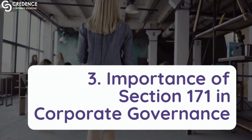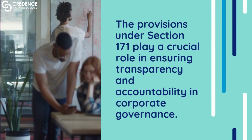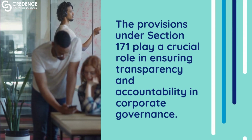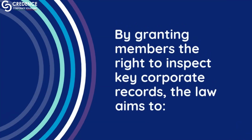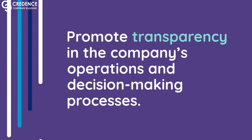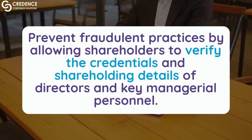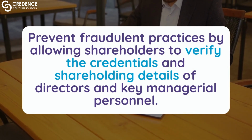3. Importance of Section 171 in corporate governance. The provisions under Section 171 play a crucial role in ensuring transparency and accountability in corporate governance. By granting members the right to inspect key corporate records, the law aims to promote transparency in the company's operations and decision-making processes, prevent fraudulent practices by allowing shareholders to verify the credentials and shareholding details of directors and key